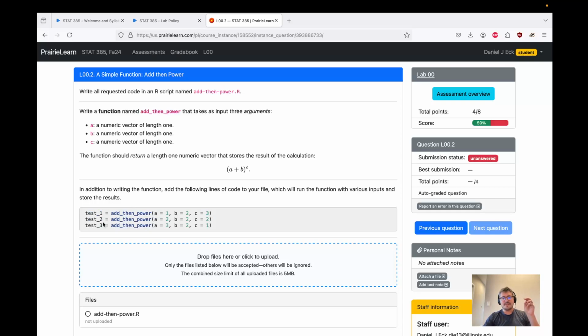Test_1, test_2, test_3, and do these things contain the correct output from your function? So your function has to be correct. You have to have the right names for these objects. Okay, again, we'll cover this stuff. This is just